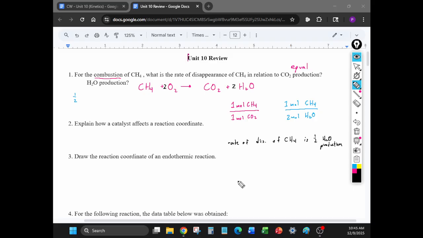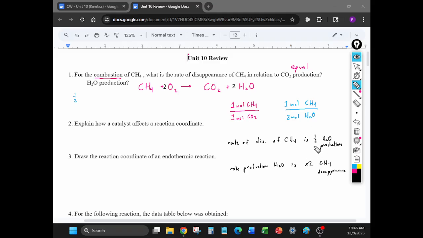And I believe I mentioned it while we were doing the lectures, but if we worded it differently, let's say, for example, the question was asking, what is the rate of production of H2O in relation to CH4? Then we say the rate of production of H2O is times 2 CH4 disappearance. So whatever it is asking you to compare, the order matters. The way that it asks in relation, it's going to flip your fraction up and down. Okay, so just be careful of that. I did mention it during the lecture, but a question like this will be on your test. Okay, so just make sure you're very careful and you know how to set up this fraction properly